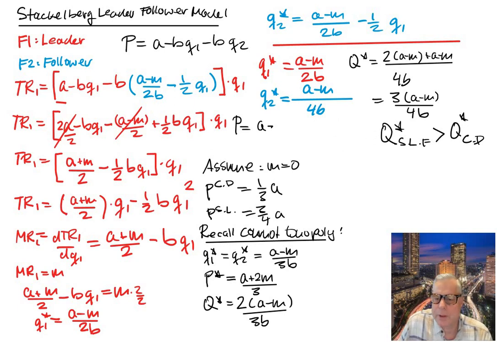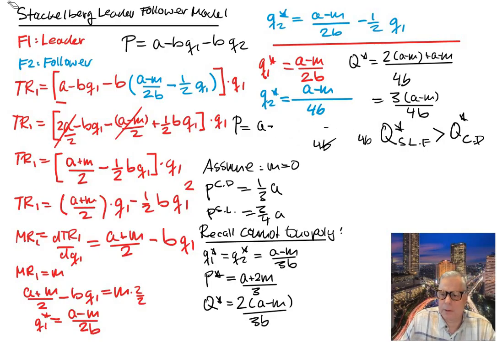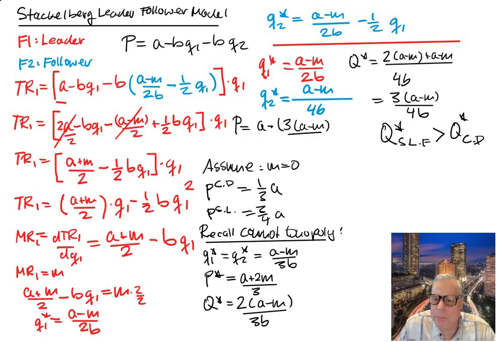So then we get here 3/4 A, 3AM over 4, right? 3AM over 4 minus 3A minus M over 4. Of course I have to subtract that from 1. So